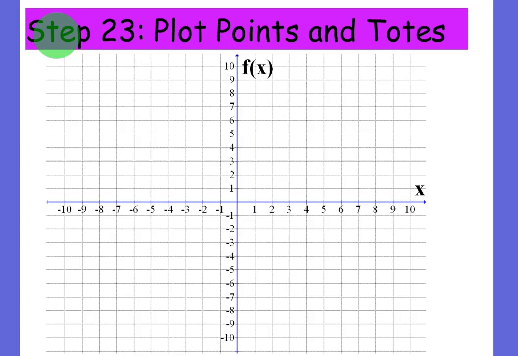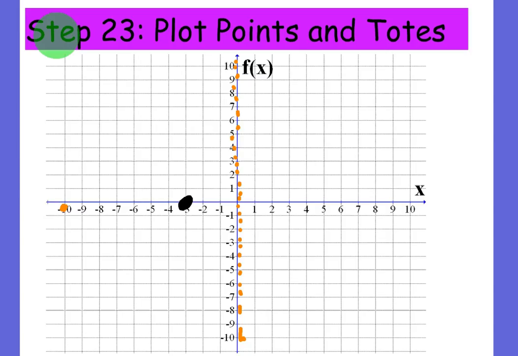All right, next we're going to plot our points and asymptotes. Now, we already said there's an asymptote at x equals 0 because f prime of x had a vertical tangent. We just now found a point at -10, -1/4 being an absolute minimum. And we also found an x-intercept at -3, 0. Okay, so we don't have a lot here, but we do have enough to come up with a graph,